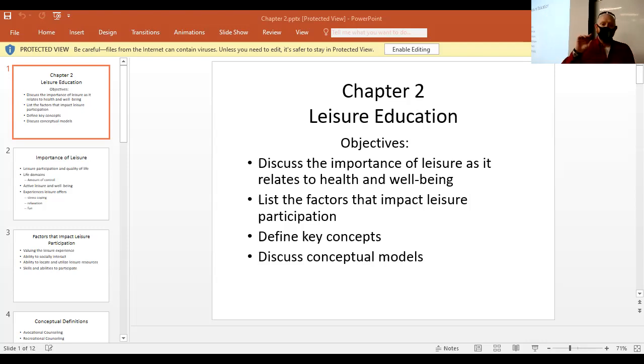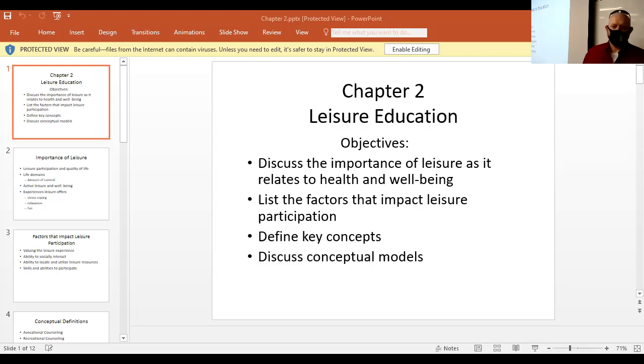To be aware of self in leisure is another content area. To be self-determined in leisure, that's where you make choices about what you're going to do as far as leisure and recreation. To interact socially during leisure, that's a big part of it, and that's what makes it fulfilling for a lot of people. Some people don't want their leisure time to be spent in a large group or working with others. They want their leisure time to be individual, and that's fine too. But the majority of people like to interact socially during leisure.